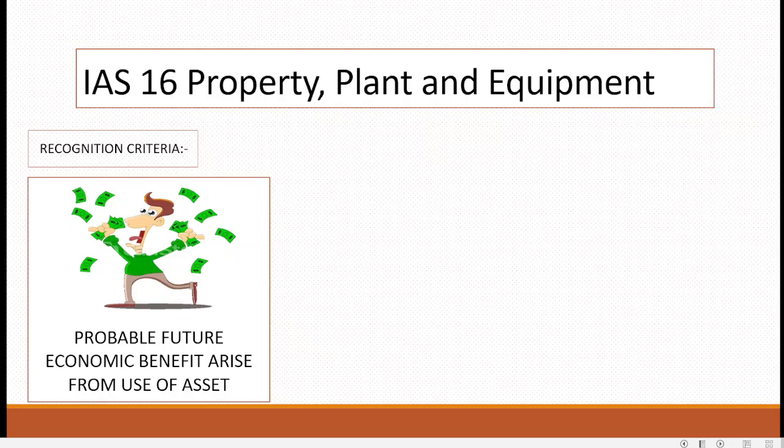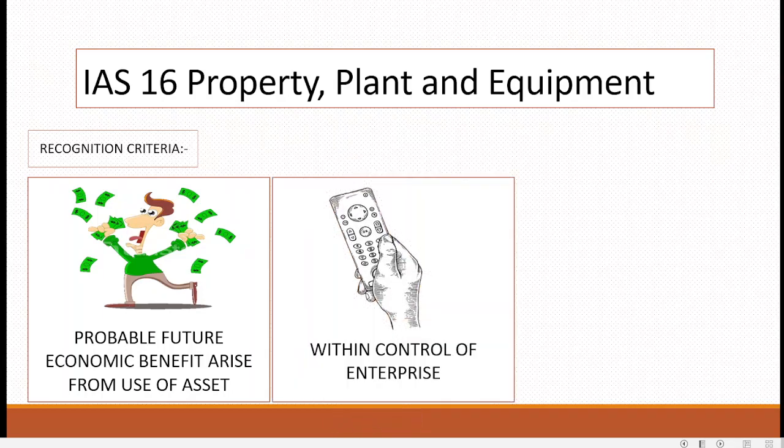So it could be a table, chairs, aircon for the ability of the business to run as itself, and save the rental of the space for the company or for the business. So it's going to be used for economic benefit, economic activities, not for charity, right? So these assets are mostly used for economic benefits from the use of the asset to the entity, and they are within the control of the enterprise.